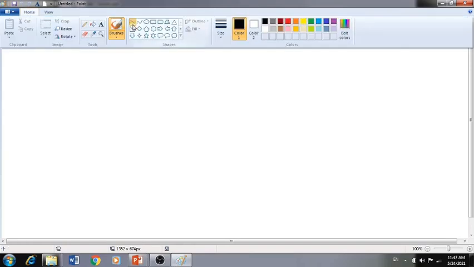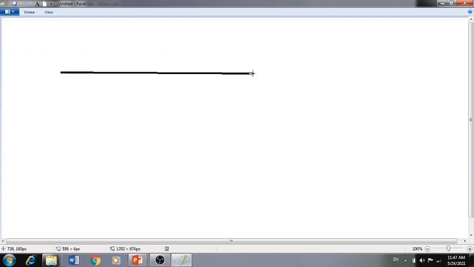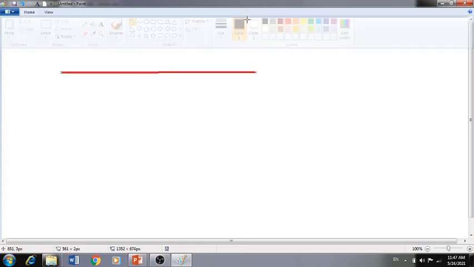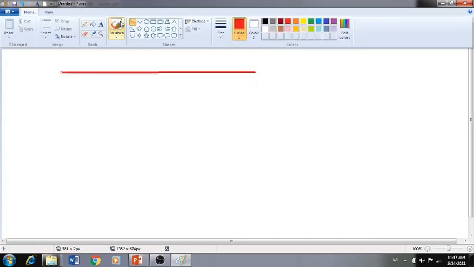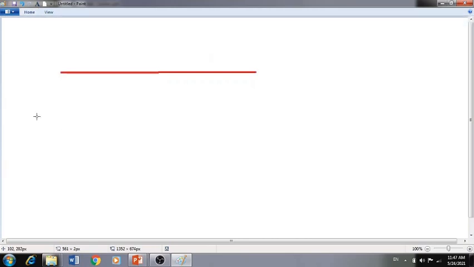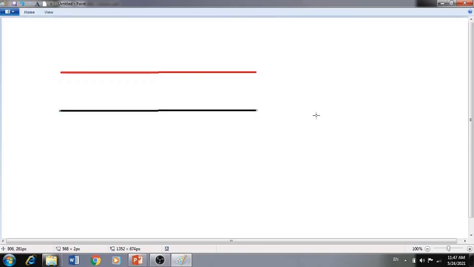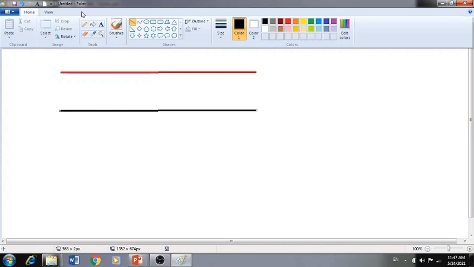We need to find out the similarities between two sequences. Sequence 1 is taken, and in a red color another sequence, that is sequence 2, is taken. This one is sequence 1 in a red color and sequence 2 in a black color, right? What exactly do we mean by alignment?